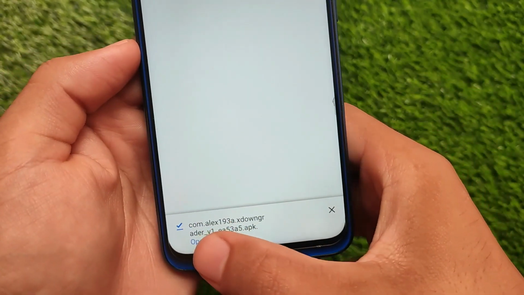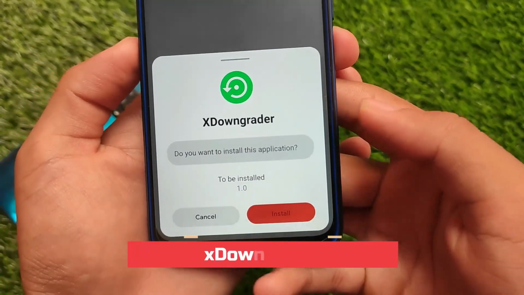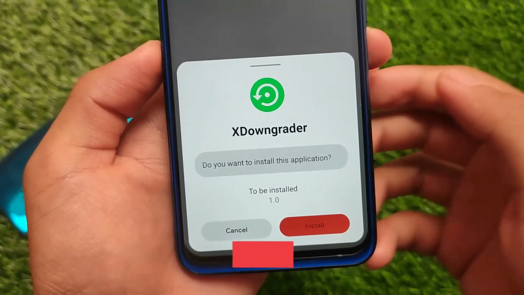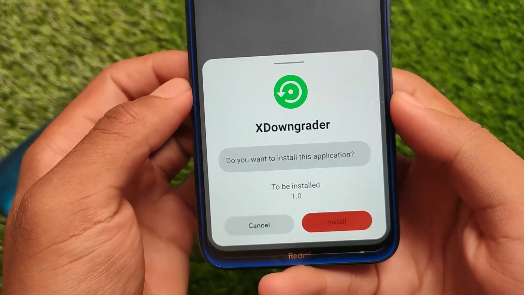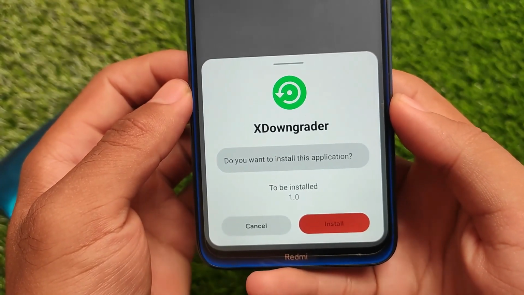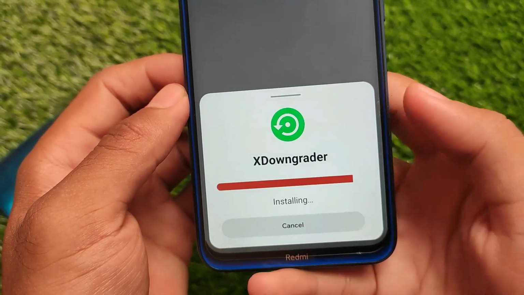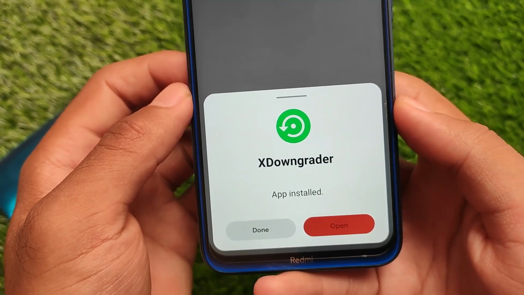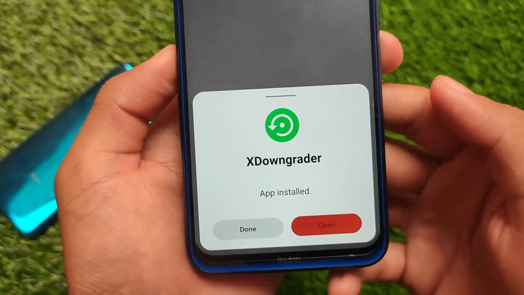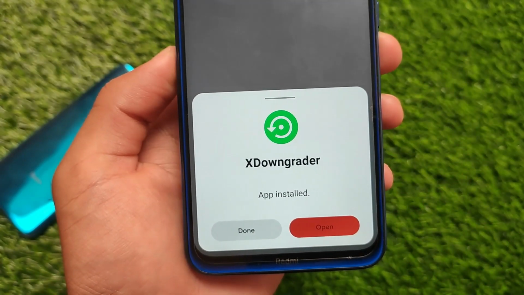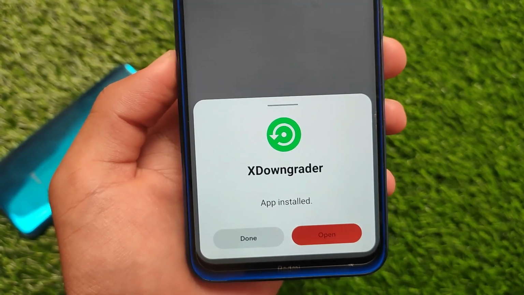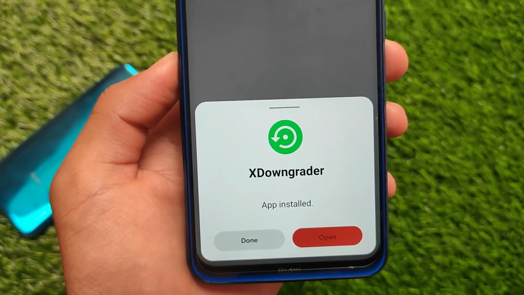It also has a very good module called X Downgrader, which is actually one of my favorite ones. If you want to install an Android app with a lower version than the one you have installed, for example you have version 100 installed and you want to install 99, you need to uninstall the previous version. But if you install this module, you don't need to uninstall it. You can simply install the lower version of that app on top of the installed one. That's something really interesting. These are the modules which we have right now in our hands.